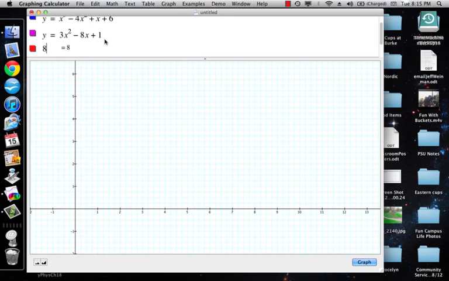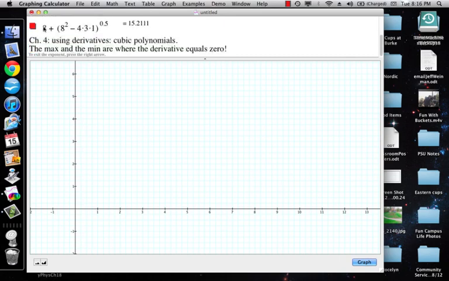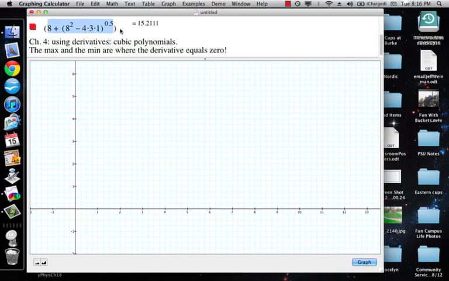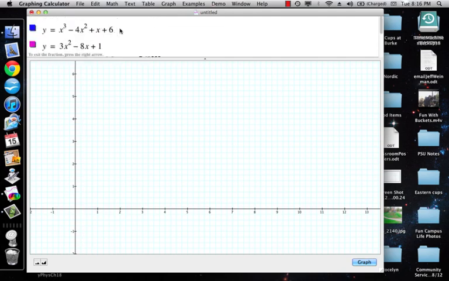So we get 8 plus the square root of 8 squared minus 4 times 3 times 1, all that to the 0.5 power, in a set of parentheses, divided by 2 times 3. And so I get that one of the places where my derivative is equal to 0 is